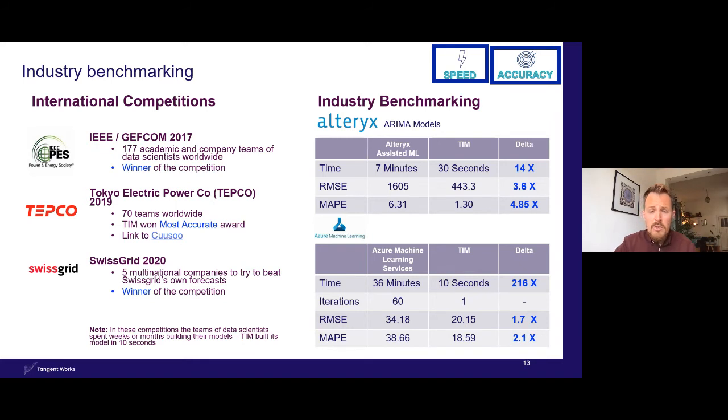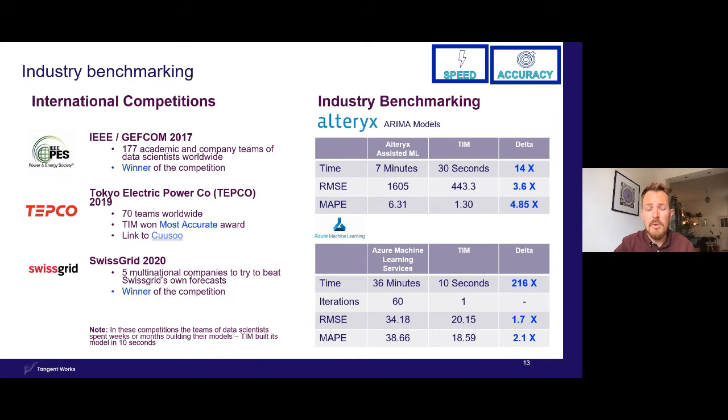So this is just an overview of all the benchmarking we have done. So a big number of competitions. And what we basically see is that when we compare TIM against data science teams, data engineers, like in the 3 competitions here on the left, we are usually getting the same results, so the same accuracy, fully automatically within seconds to minutes, against models they've been working on for days or weeks. Sometimes we are a bit better, sometimes it's the same, on par or a bit less, but it's similar in a fully automatic mode.